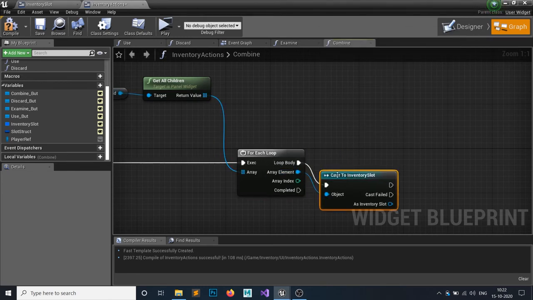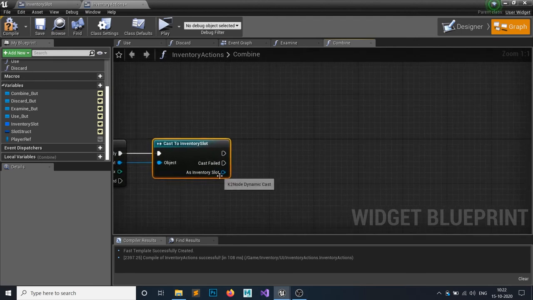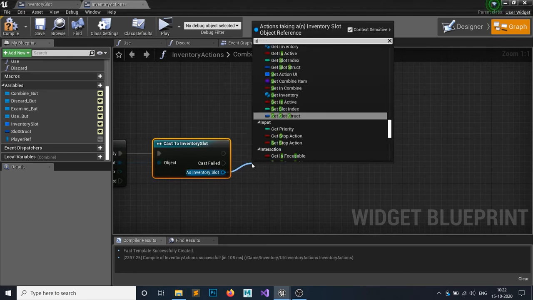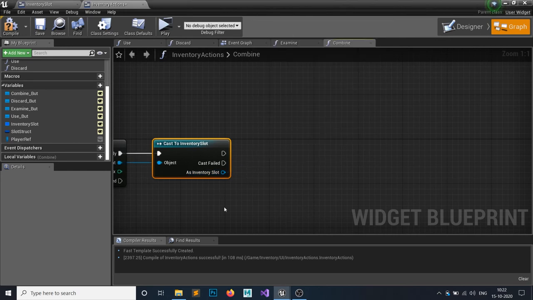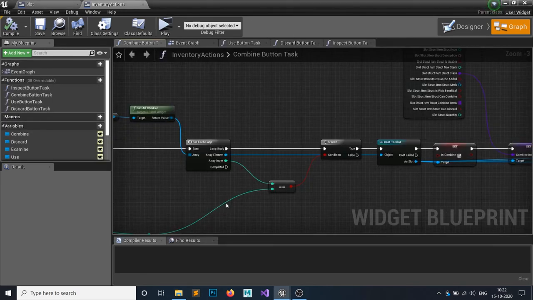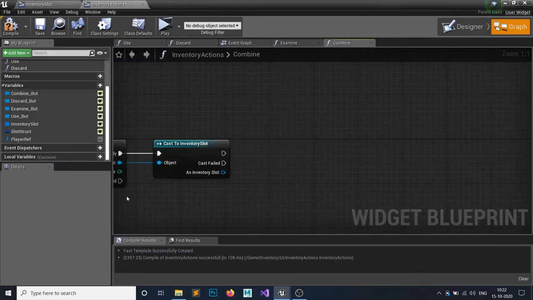Yes, if it's true, if we cast it to a slot, then what do we want to do? We want to set in combine. Yep.